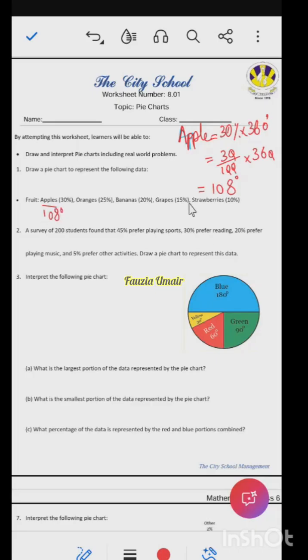Can you calculate the others also? Like, if we want to find the angle of strawberry, it is 10/100 multiplied by 360, so that is 36 degrees. Now convert all the percentages into angles. Always remember, when you draw the pie chart, you need angles. You cannot draw fractions on the pie chart, neither can you draw percentages. You need to find out the angles so that you can draw using a protractor. Now the second